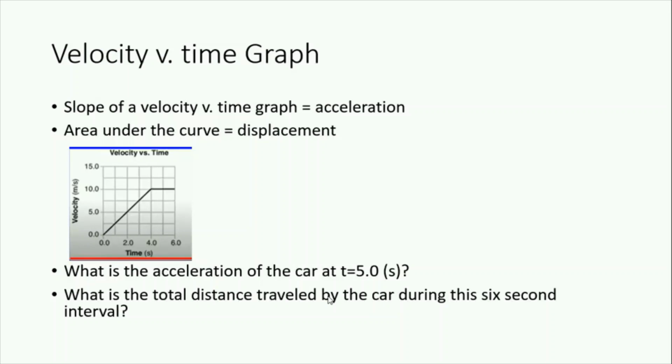So now we're going to look at a velocity versus time graph. And what does that tell us? The slope of a velocity versus time graph is equal to acceleration. The area under the curve is what's called displacement. So what we're going to look at is, what is the acceleration of the car? We're going to answer 2 questions. What is the acceleration of the car